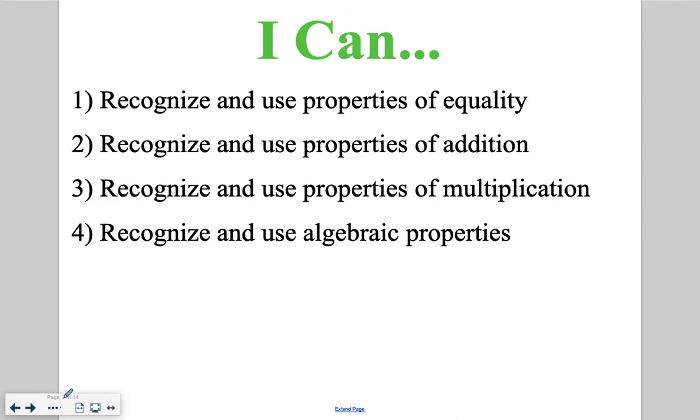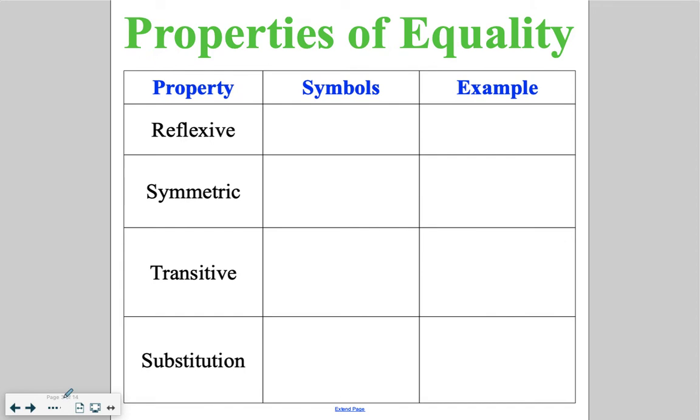By the end of today's lesson, you will be able to recognize and use properties of equality, addition, multiplication, and algebraic properties. So we're going to start with the properties of equality. These are things that you've definitely seen before. You already know these things, but now we're just going to put names on them so that we can identify